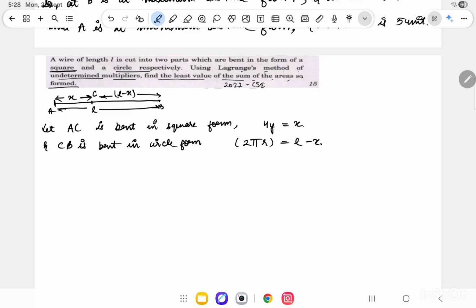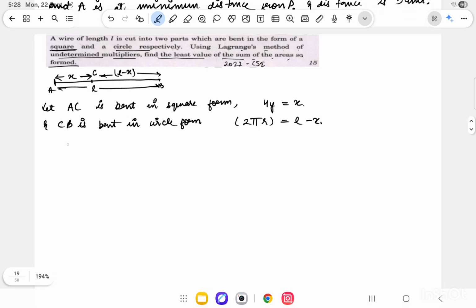So the perimeter of the given figures is fixed. Perimeter of AC plus CB is fixed, that is basically 4y plus 2 pi r,